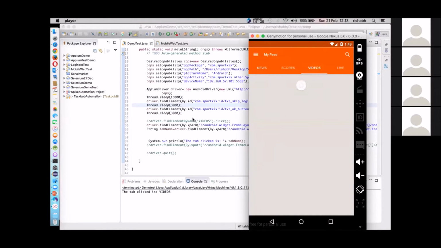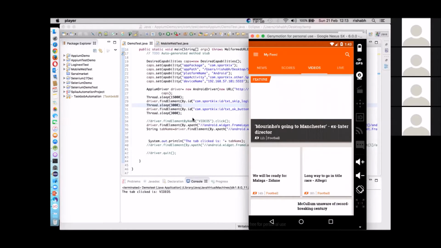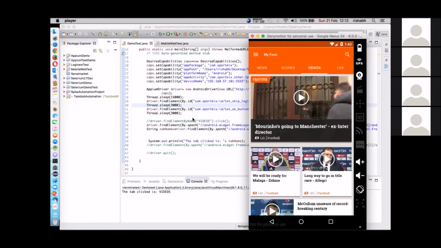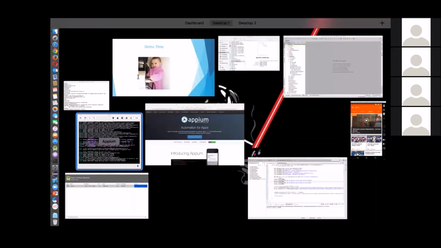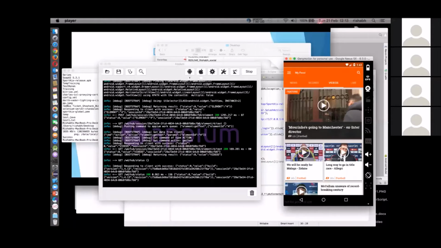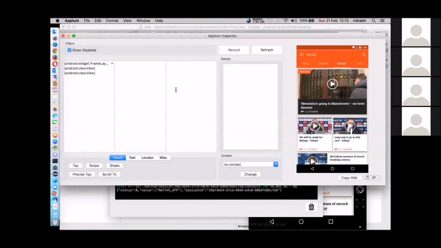So basically, this is also an important question asked in interviews. How would you identify an element on an Android device? So this is how we'll do it. Once the application is started, there is an option called Appium Inspector. Fine. It will launch this window, the Appium Inspector window, with the screenshot of whatever application screen you were on. Right now I was on this screen.